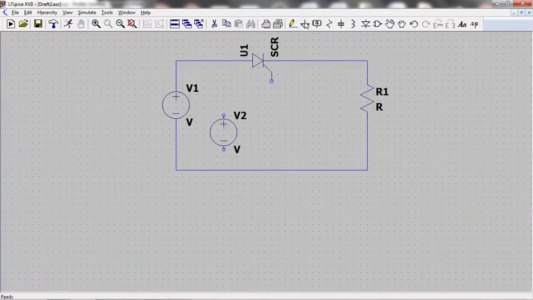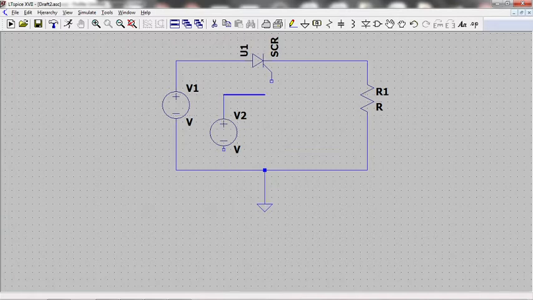Now connect ground here. Pulse should be applied in between gate and cathode.